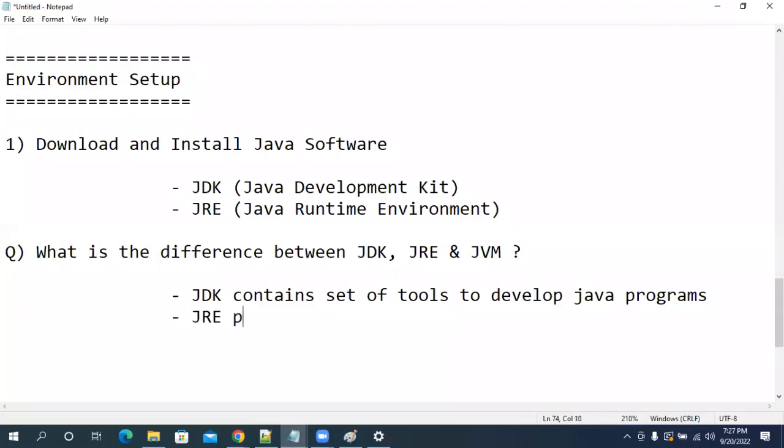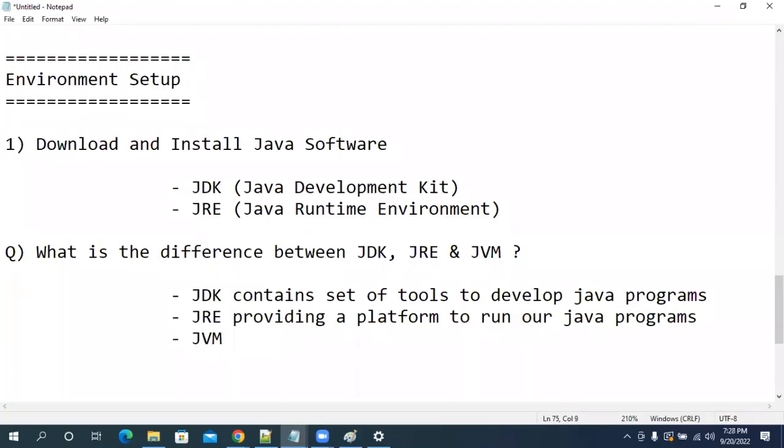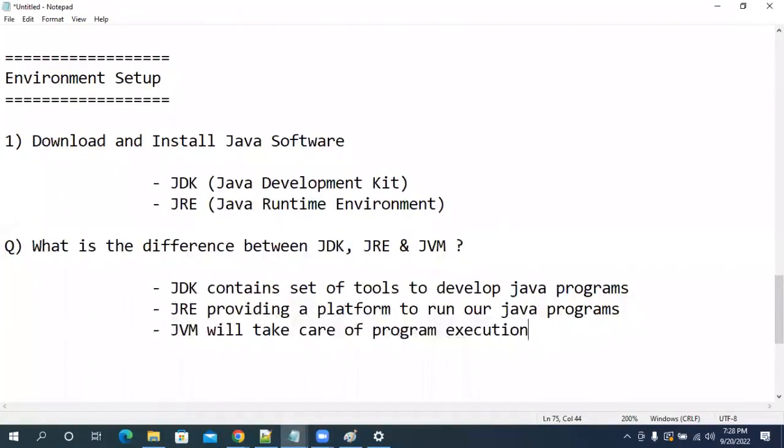JRE is providing a platform to run our Java programs. JVM will take care of program execution. That means memory management, memory allocation, memory deallocation, converting the byte code into machine code. That complete part will be taken care of by JVM. Is that clear? Perfect.